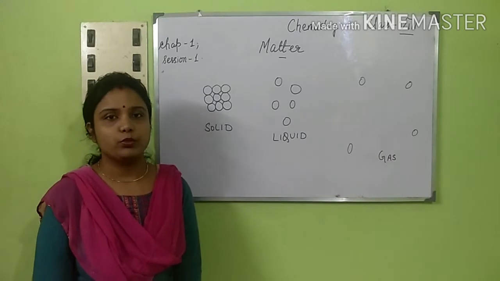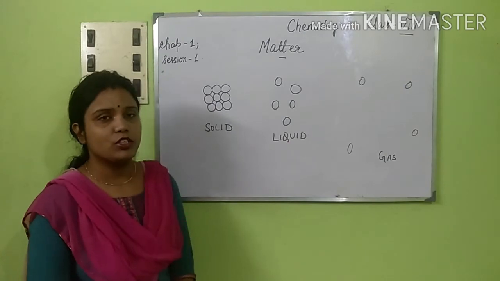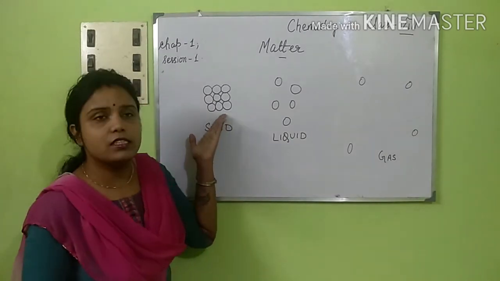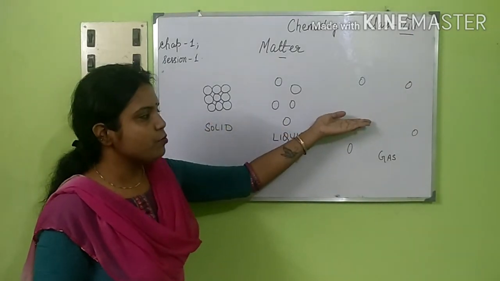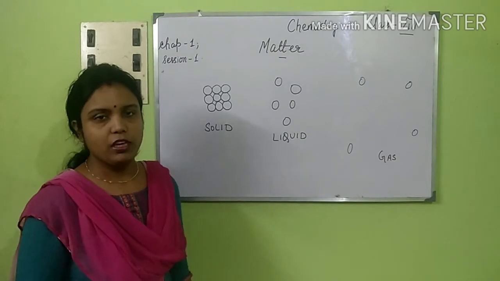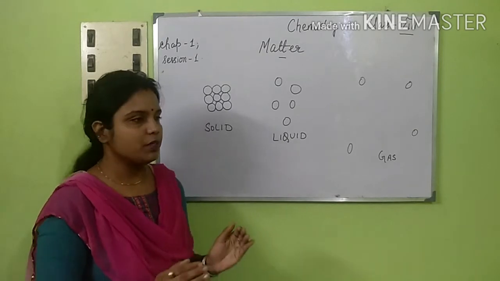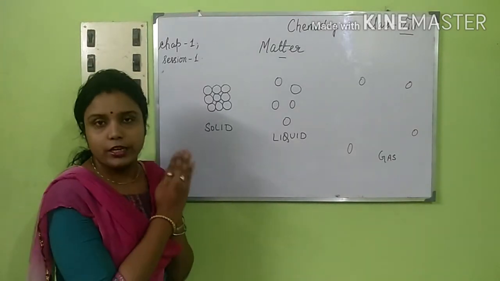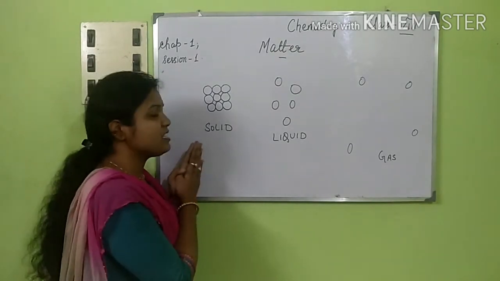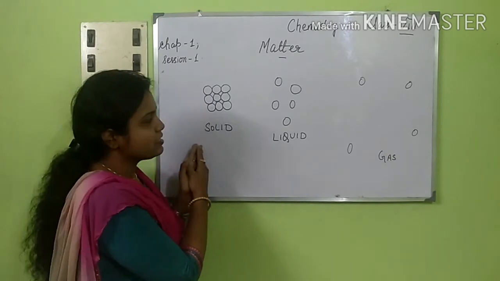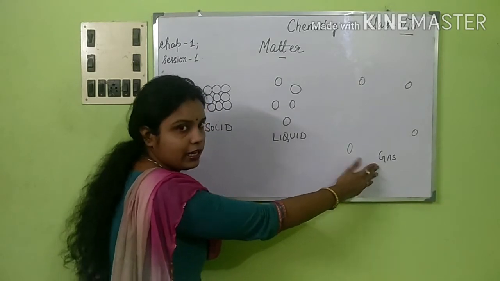The second one which we know is the intermolecular space of the molecules. That is the space which exists between the molecules. In solids it is almost negligible. In liquids it is still there, and it is much more in the case of gas. Next, coming to the intermolecular force of attraction. Just because of the closeness of the molecules, the force of attraction is maximum in the case of solids. It is less in the case of liquids and least in the case of gas.